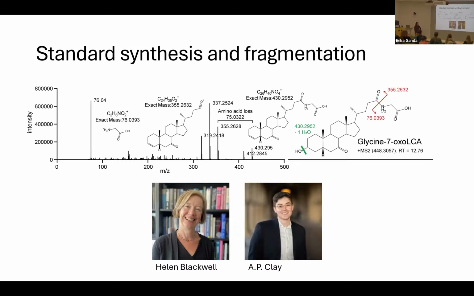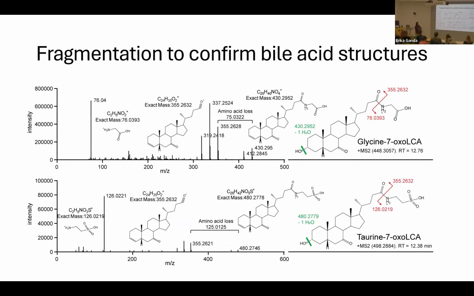And we ended up actually identifying 6 conjugated secondary bile acids. Here are just 2 examples of the fragmentation spectra that we did, but they were both glycine and taurine conjugated oxo bile acids at the C7 as well as the C3 position. I anticipate there are probably 12 conjugated 12-oxo bile acids as well, but we didn't get them in high enough concentrations in our samples to get clean spectra.